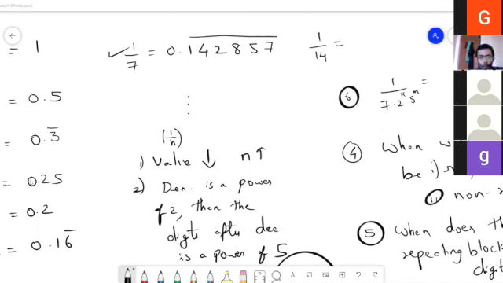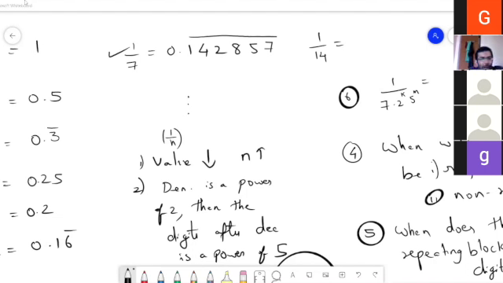Okay, so what a coincidence. Bhagyashree ma'am is also reporting the same thing, that 1 by 7. Okay, so 1 by 28. 1 by 28 is 2 power 2 times 7, right? Yes. So for 21, it doesn't come. It has to do with powers of 2 or powers of 5.